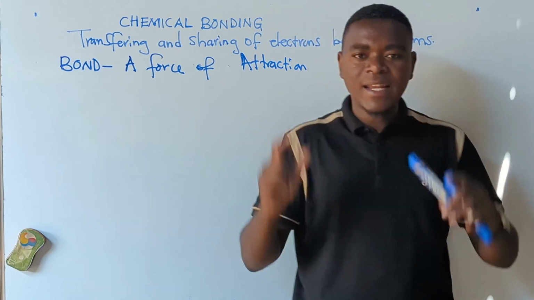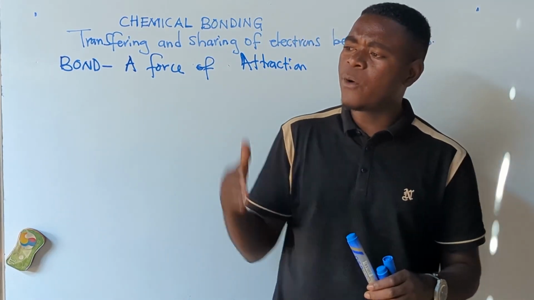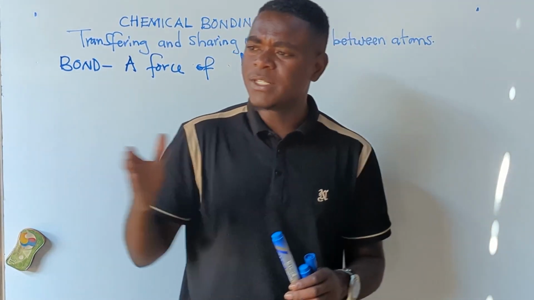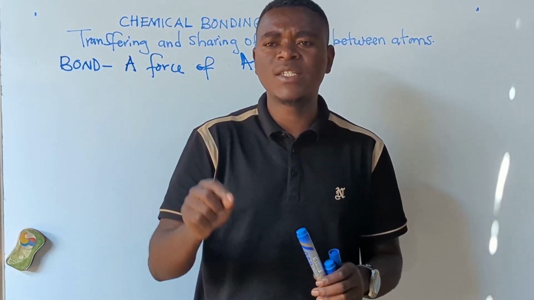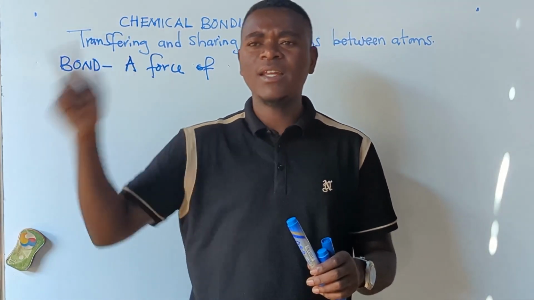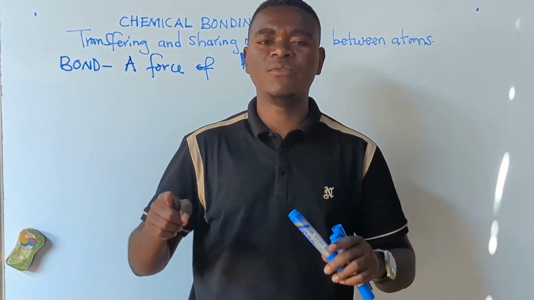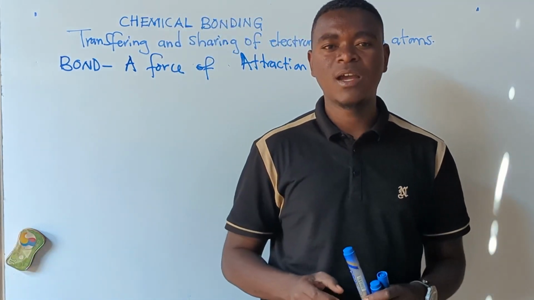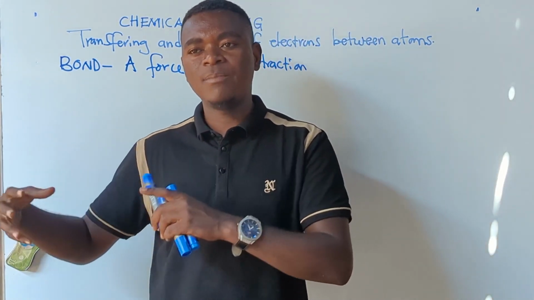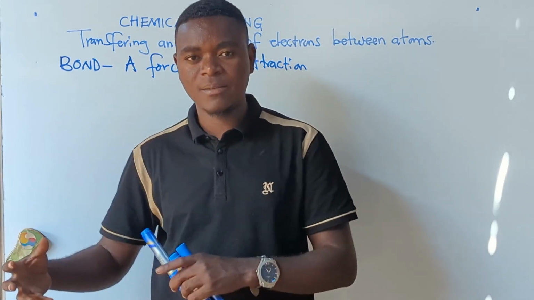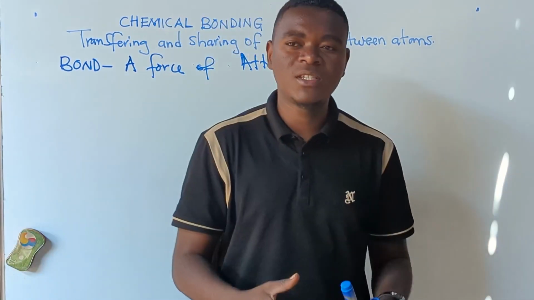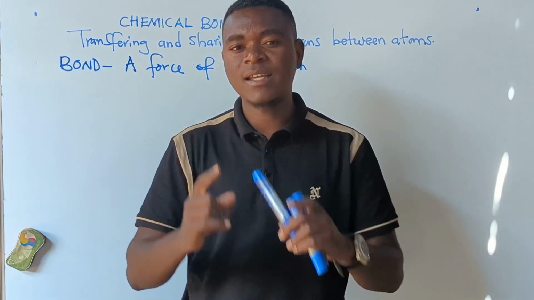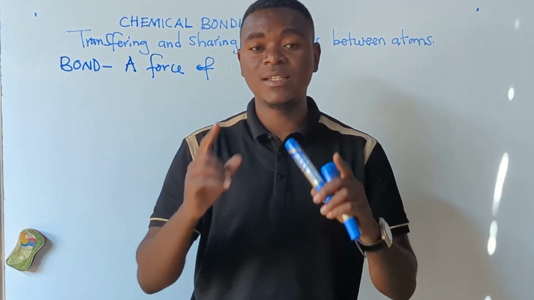Before I continue with this, there is something that you need to know and remember. For metals to be stable, they lose electrons. Losing electrons makes them positively charged. But non-metals gain electrons. Once they gain electrons, they become negatively charged. So metals are positively charged, while non-metals are negatively charged. This is something that I want you to know and understand.